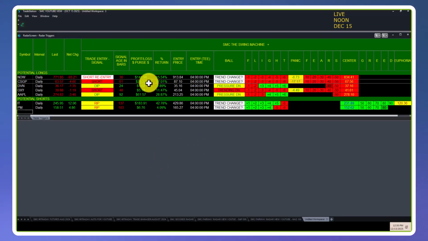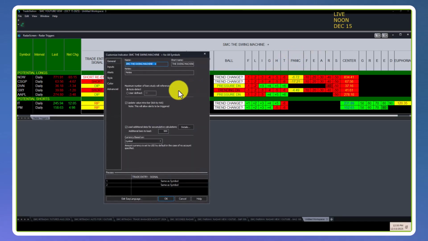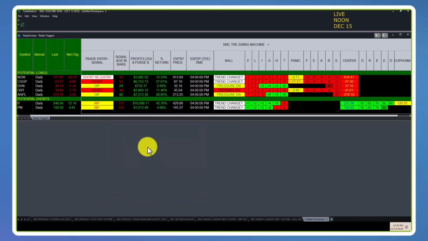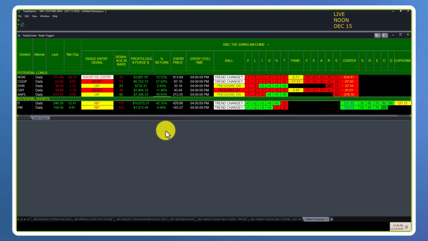By the way, the P&L is not calculating for stocks. If I was going to put false stocks in here and I wanted to calculate based on $25,000, then there you go, right? So if you had this in here on a daily basis, you could have saved yourself 15% if you sold it when it went short, or if you faded it, right? And in IT, if you had,